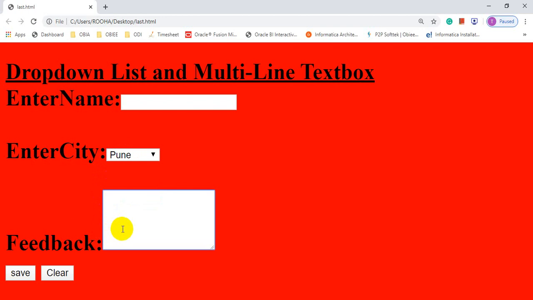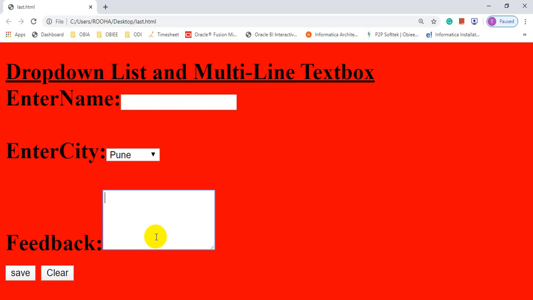And select tag is the main tag. After that we have seen what a multi-line text box is. Multi-line text box means if you want to create a text box of more than one line, a text box being used to accept a value from the user of that website. So if you write input type equal to text, the user can insert their data in one line only.